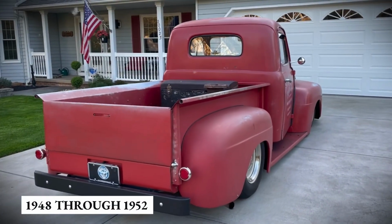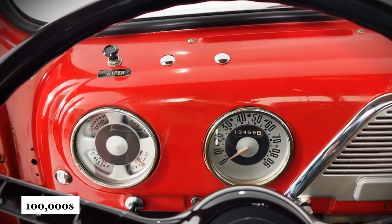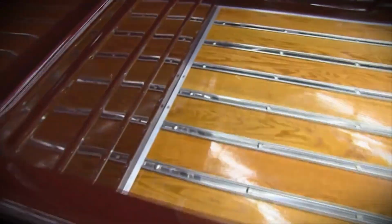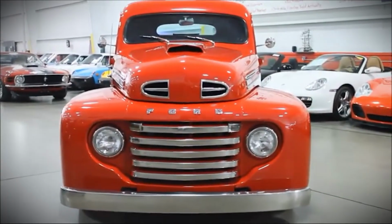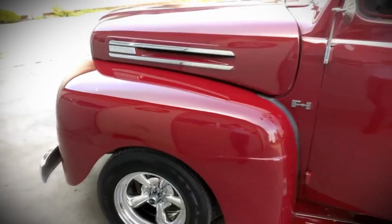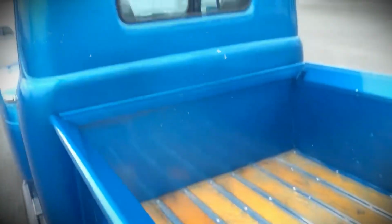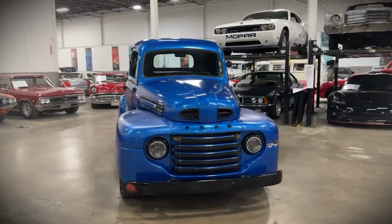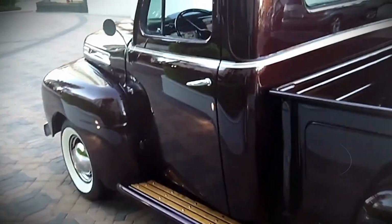From 1948 through 1952, Ford sold hundreds of thousands of F1 trucks to farmers, contractors, delivery companies, and suburban families. This truck proved commercial vehicles could be comfortable without sacrificing capability. When production ended in 1952, and the F1 evolved into the iconic F100, it had established a template the F-Series follows today. The fact that Ford F-Series trucks have been America's best-selling vehicles for over 4 decades traces directly back to the vision embodied in that original